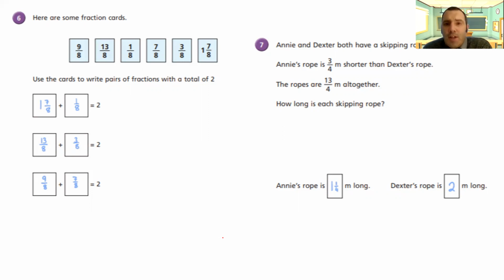Annie and Dexter have a skipping rope. Annie's rope is 3/4 of a metre shorter than Dexter's rope. The ropes are 3/4 of a metre altogether. How long is each rope? That's exactly the same as we did for working out how much milk Mo had in his jug of milk. So what we need to remember, we've got